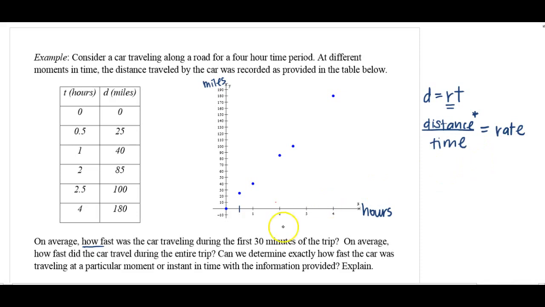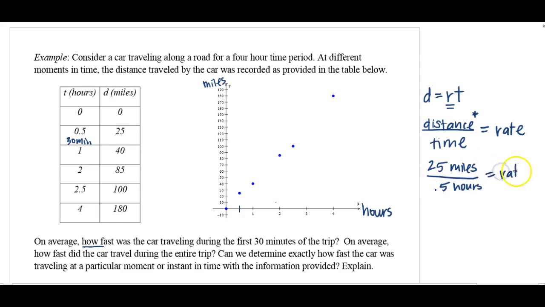So how fast was the car traveling during the first 30 minutes of the trip? We have to know the distance traveled. During the first 30 minutes, remember that 0.5 corresponds to 30 minutes. Over the first 30 minutes, I started out at 0 and ended up traveling 25 miles. So my distance traveled is 25 miles. And how long that took me was a half an hour, so I'll put 0.5